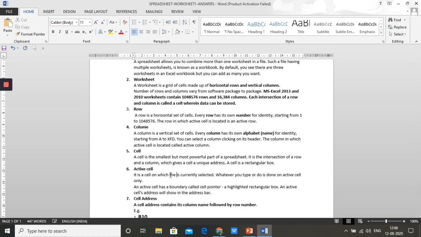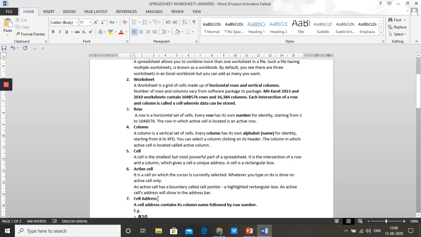I'm sorry, somehow that went missing. It's a cell on which the cursor is currently selected, or you can write located. Whatever you type or do is done on the active cell only. An active cell has a boundary called cell pointer, that is a highlighted rectangular box. An active cell's address will show in the address bar. Even this you have seen in the video.